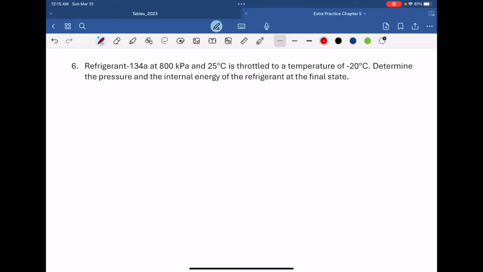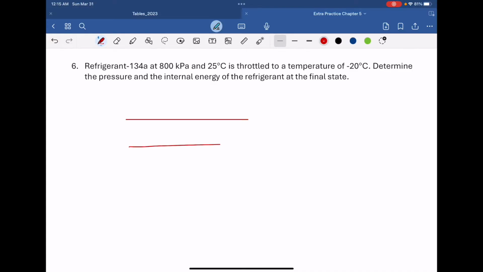Refrigerant at 800 kilopascal and 25 degrees Celsius is throttled to a temperature of -20. So we are dealing with a throttling valve, and then we know what it does. It restricts the flow, drops the pressure, drops the temperature. Determine the pressure and internal energy of refrigerant at the final state. Okay, so